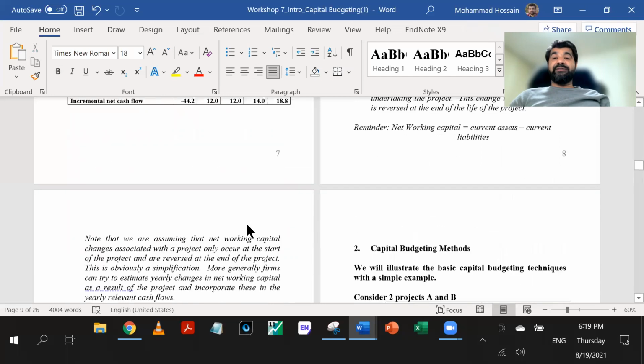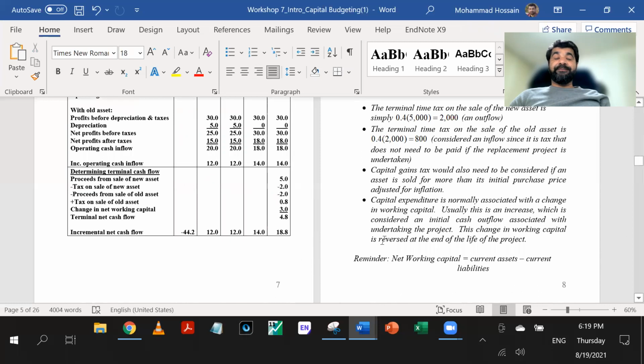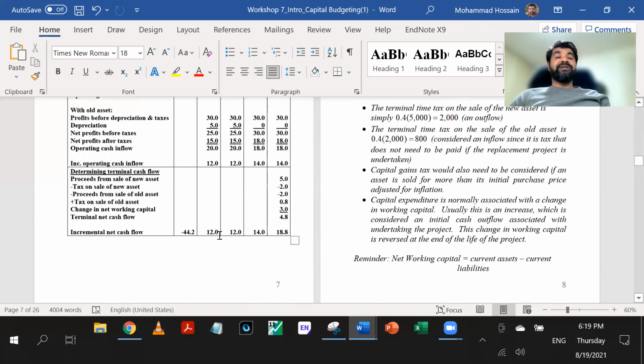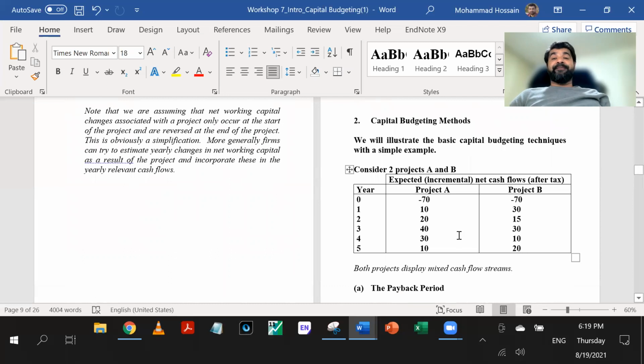That's the whole project. All right. So how much is the initial payment, and how much is your cash increasing every year? You have to see. If it is more than minus 44, good, go for it. Now,